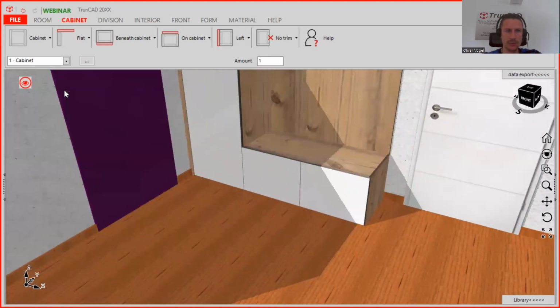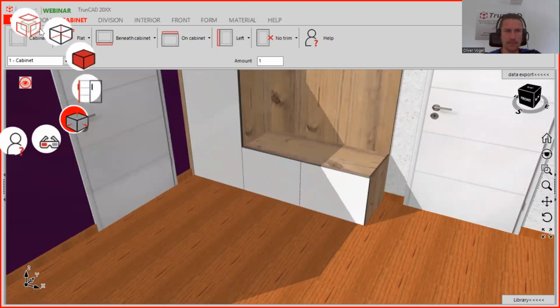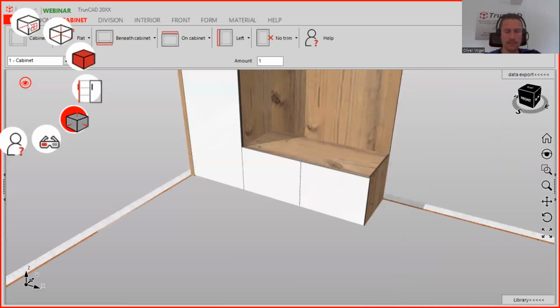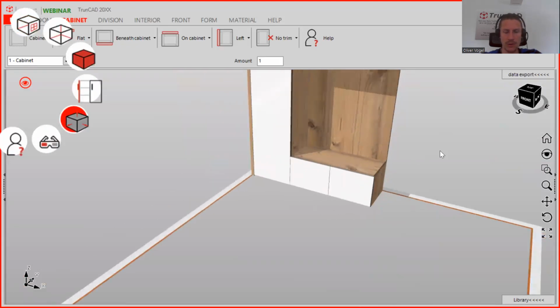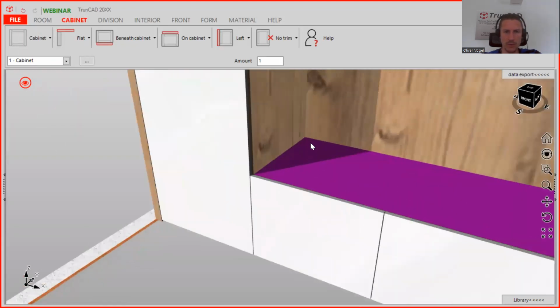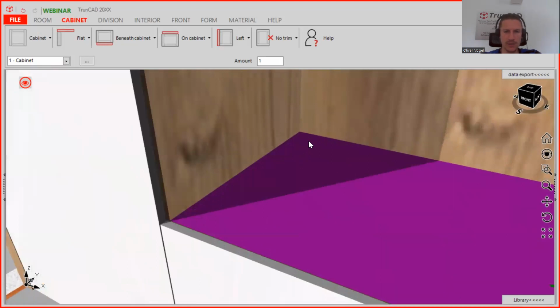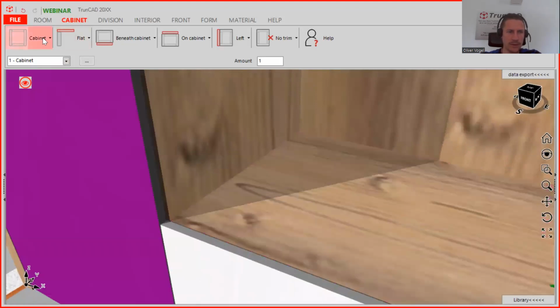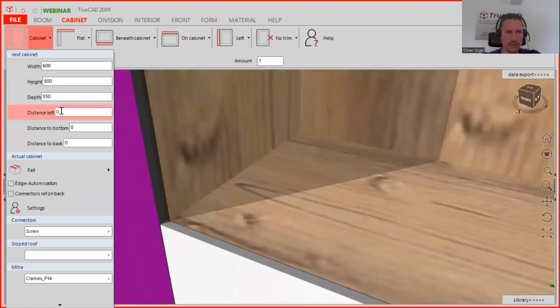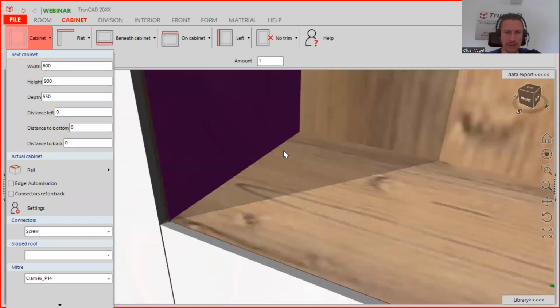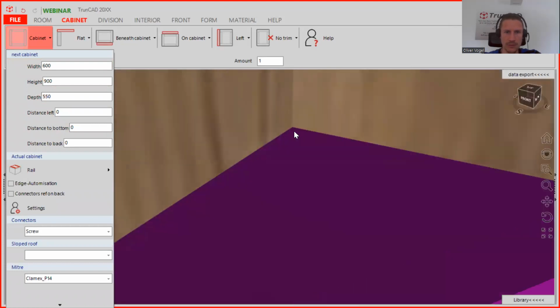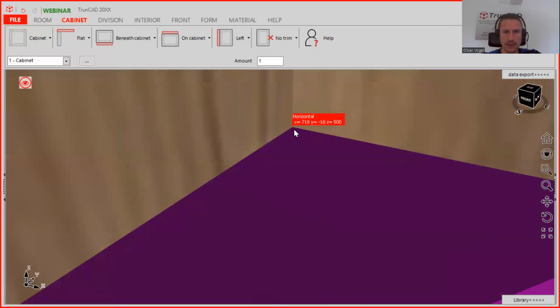Yeah, therefore we turn off the room again. And we need to have here this point, because for the new cabinet we need the distance to left, to bottom, and to back. And when you go here in this corner and keep the control button pressed, and you click on here,